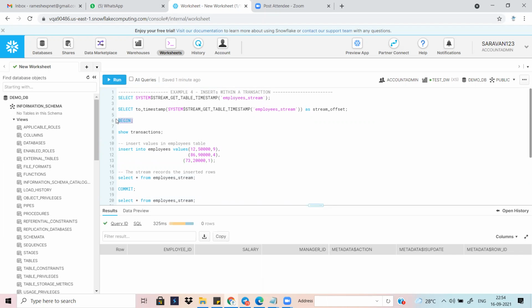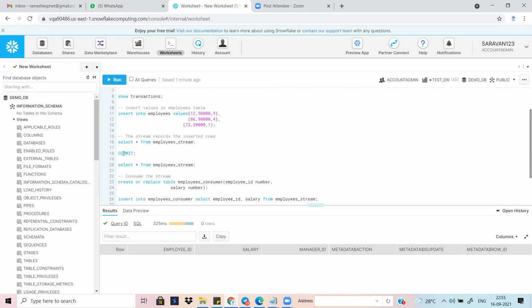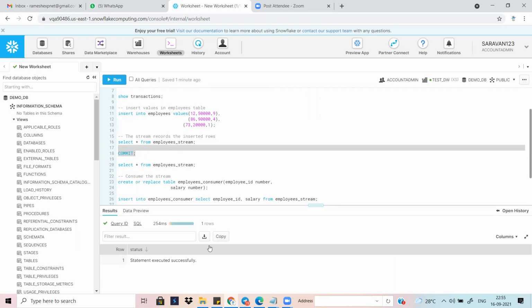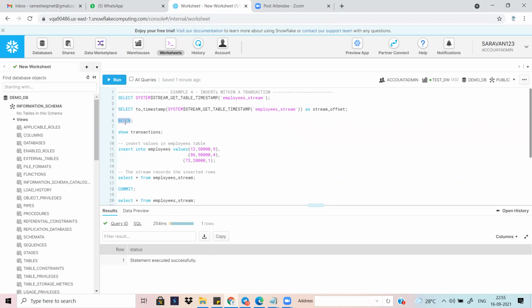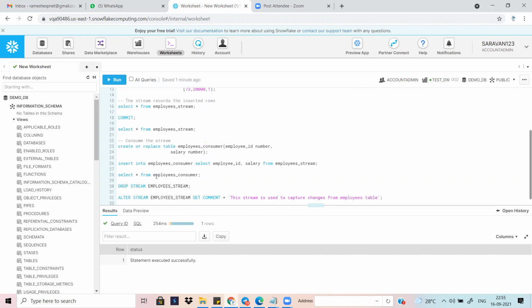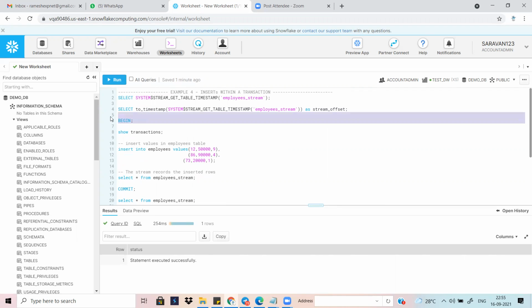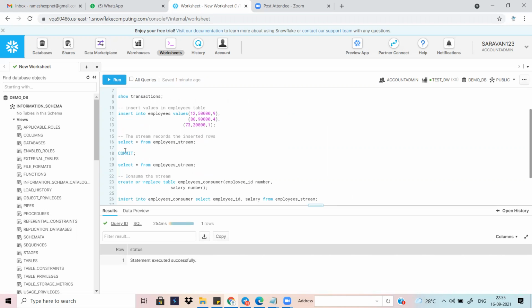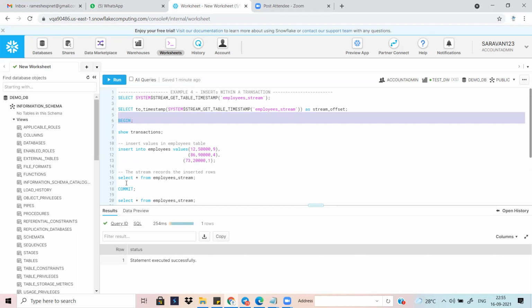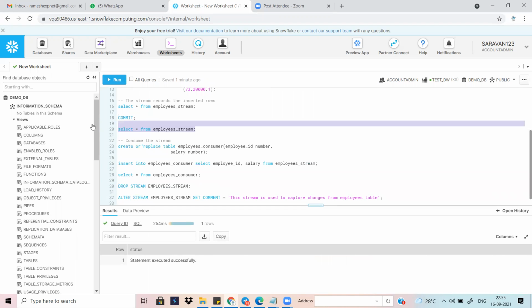If you are not putting the begin, when you are inserting the record, it automatically commits, and then you can track the changes. But here, since you are putting the begin, once you write the commit, only then can you track that. Only then will it be reflected. That's why we put the begin. If we put the begin, the auto commit does not happen. Without begin, Snowflake gives auto commit automatically. You don't specify the commit. If you specify the begin, you need to put the commit.